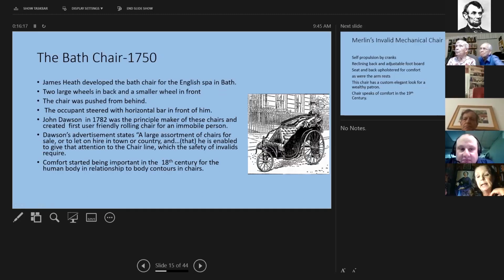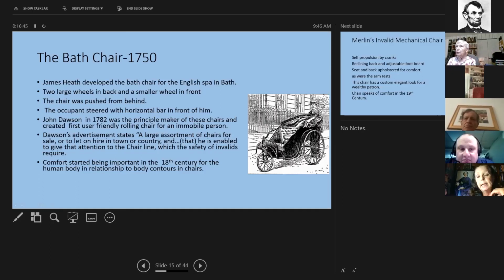And the occupant who was riding steered with a horizontal bar in front of him, and that is the frontal bar right there. And John Dawson in 1782 was the principal maker of these chairs and created a user-friendly rolling chair for an immobile person.